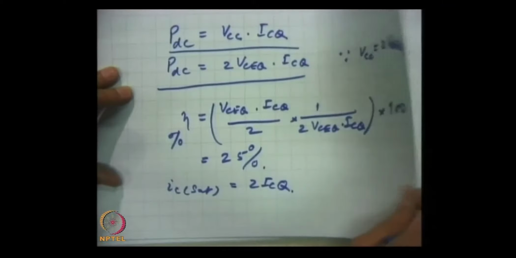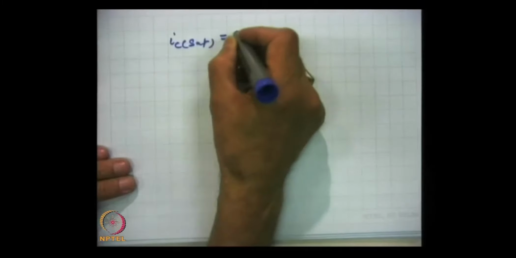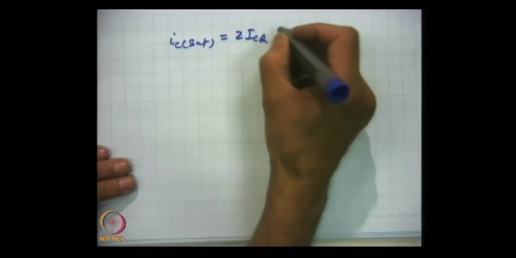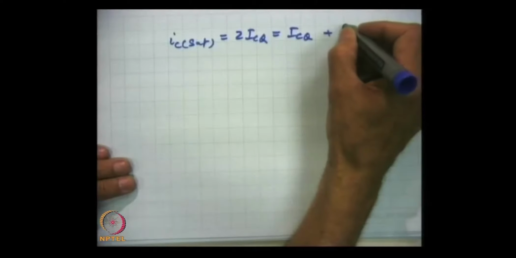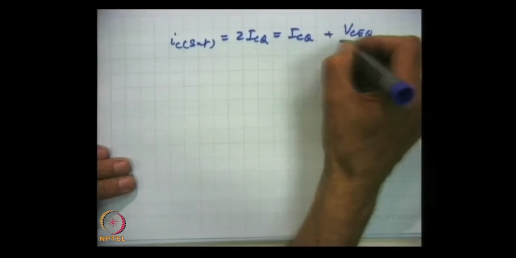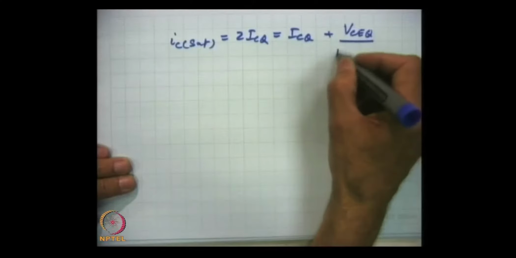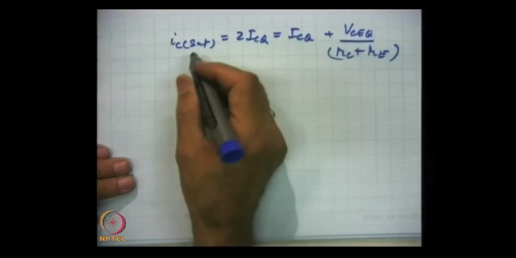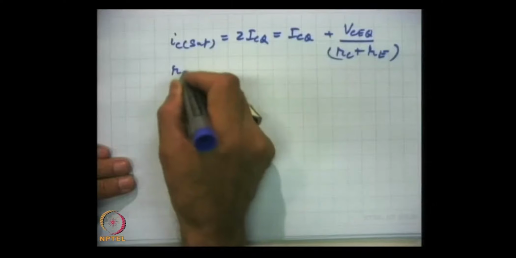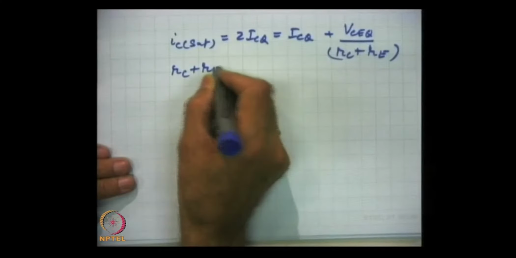We remember IC set is 2 ICQ, so IC set equal to 2 ICQ, which is equal to ICQ plus VCEQ by RC plus RE. And from here we get the simple relation that RC plus RE should be equal